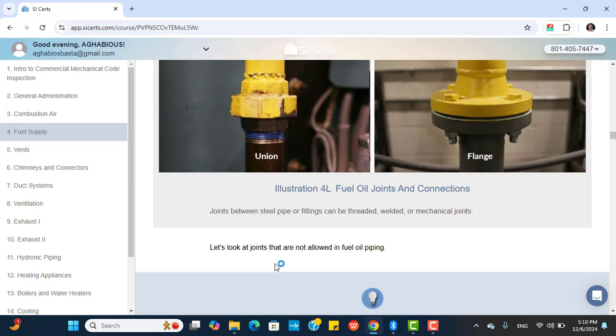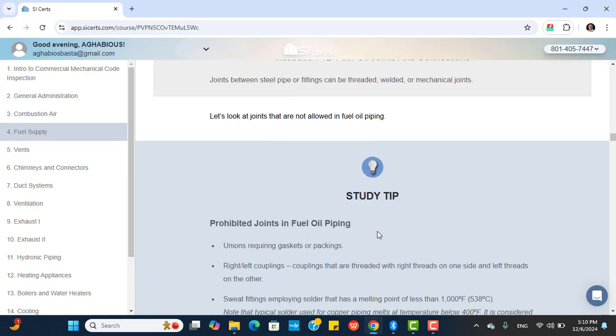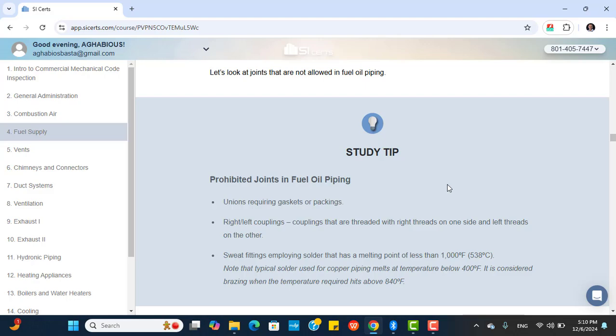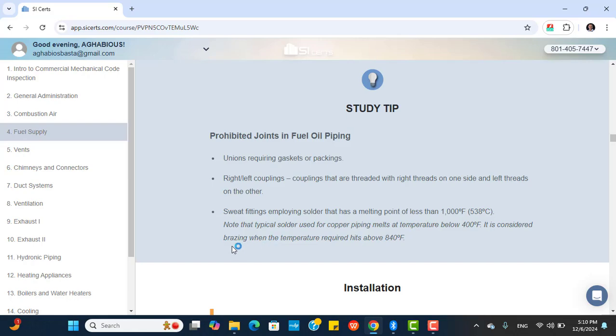Let's look at joints that are not allowed in fuel piping. Study tip: prohibited joints in fuel oil piping. Unions requiring gaskets or packings are prohibited. Right and left couplings, threaded right on one side and left on the other, are also not accepted. Sweat fittings employing solder that has a melting point of less than 1000 Fahrenheit, meaning 538